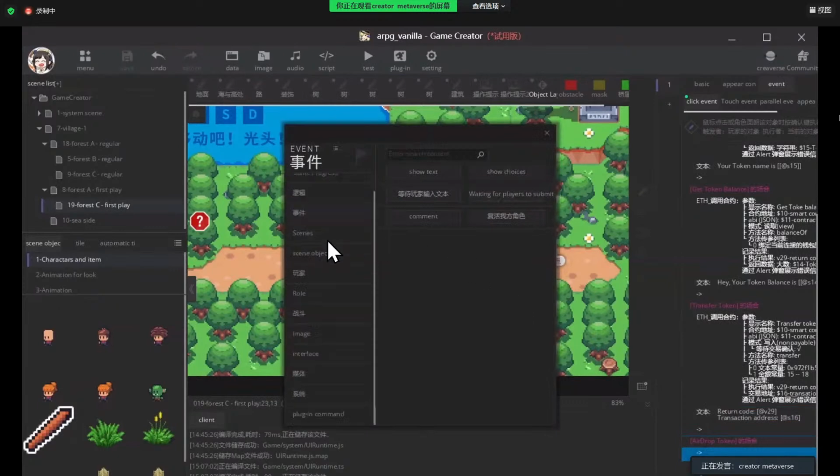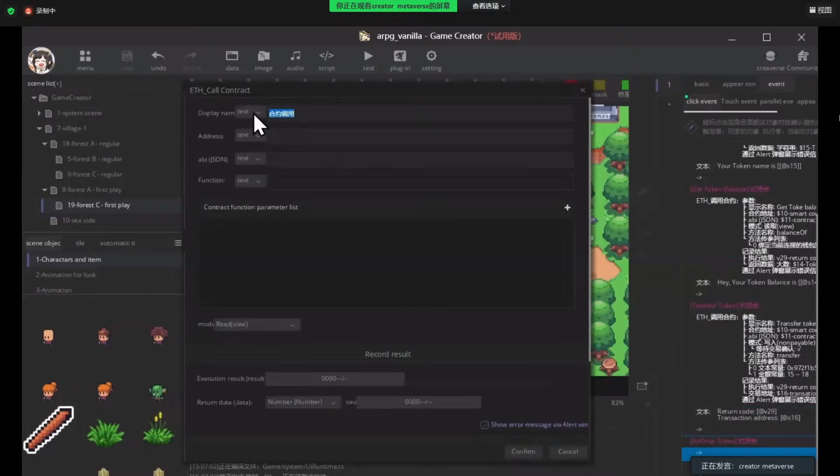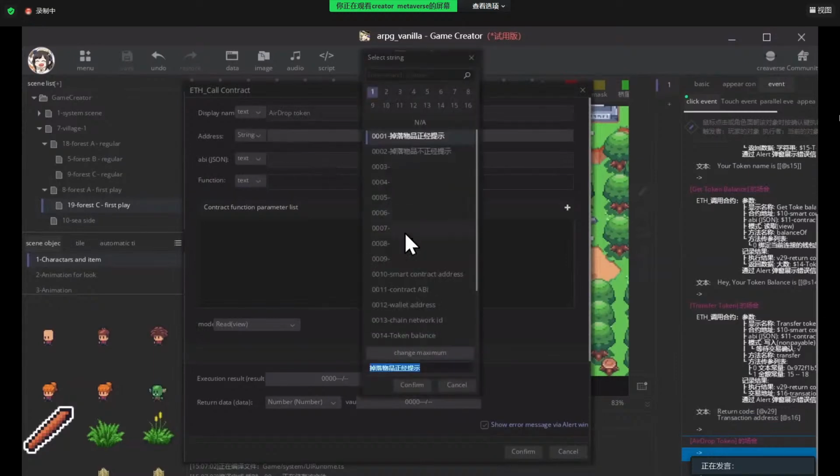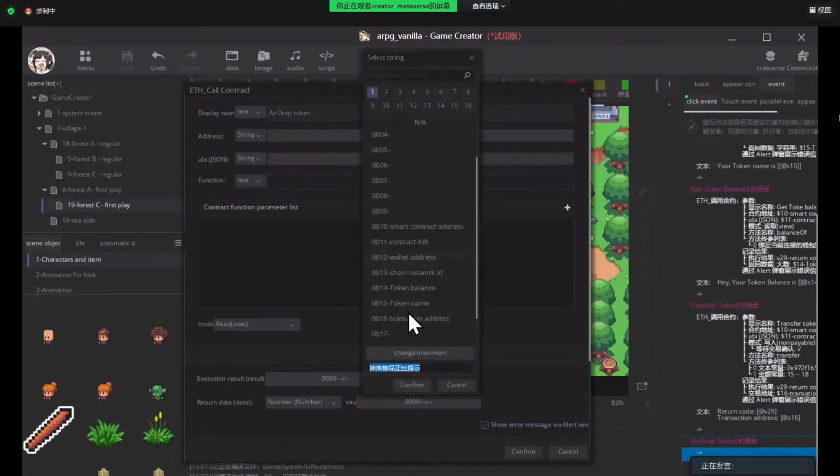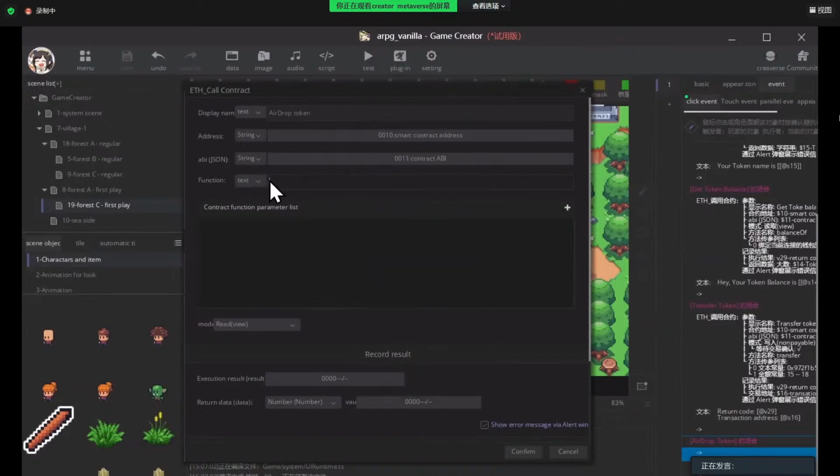Config this one. Plugin, call contract, and this section is called airdrop token. Smart contract address, as usual, ABI, and the function name for the airdrop is also defined by the smart contract.